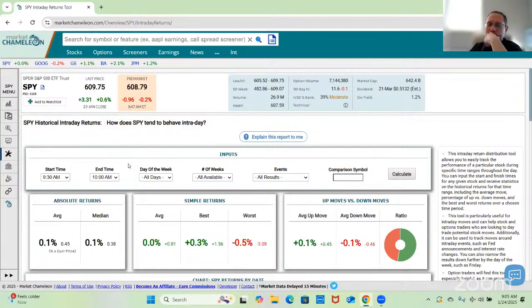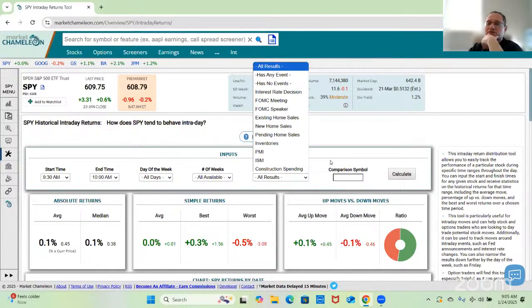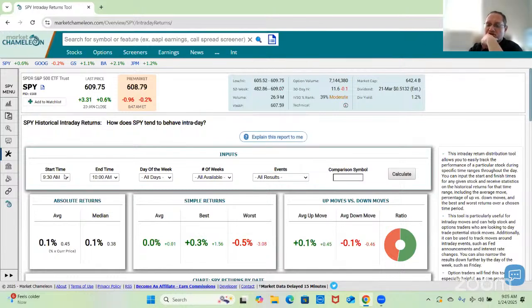And we could also set it for day of the week. Maybe we want to take a look at it on a Friday or a Monday or a Tuesday. We could look at most recent weeks, up to 16 weeks, the last 2, 3, 4, or we could do it around events. And then we could compare it to another stock. But let's just take a look at between 9:30 and 10 a.m., to all available data. So we're going to go 9:30 till 10 a.m. in SPY. We're going to calculate that, and then we get these